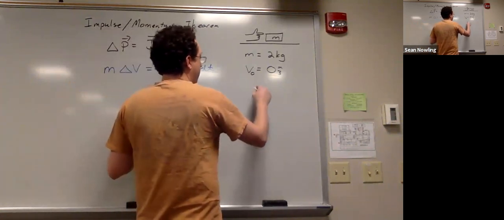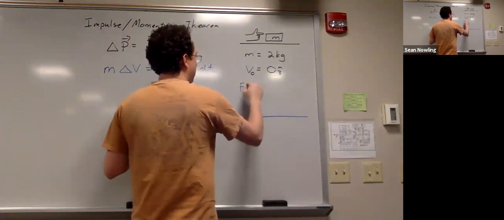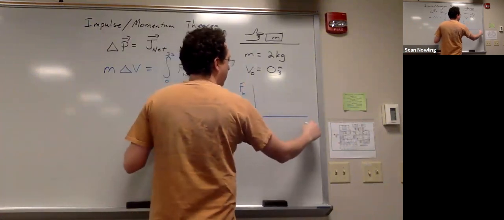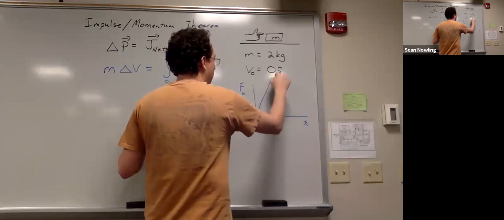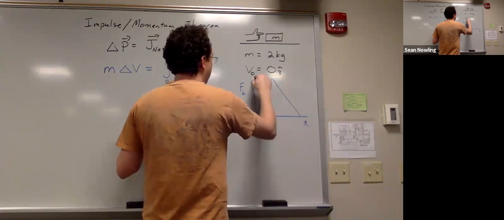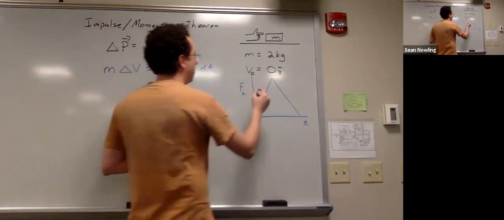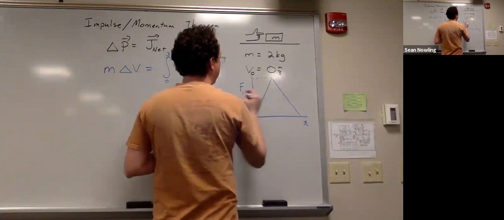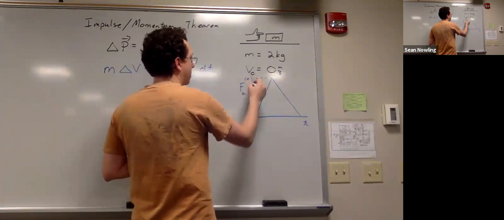So let's assume that the force from my hand follows the following curve. Okay, and I'm going to go ahead and assume that the peak value is at 10 newtons,